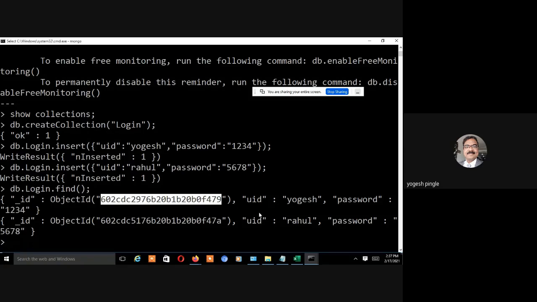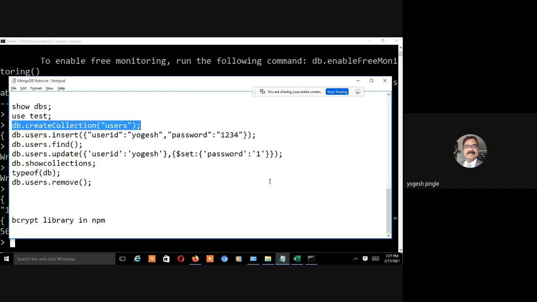But it's a hexadecimal value altogether, and it is nothing but a PK, the primary key. Now it is a key-value pair. You may want to find only the UID that consists of Yogesh, like that. There are a lot of things you can put in.